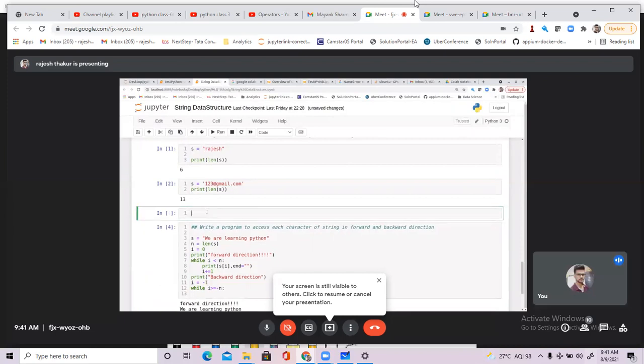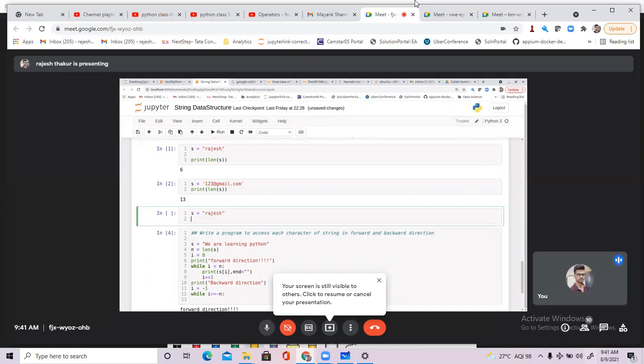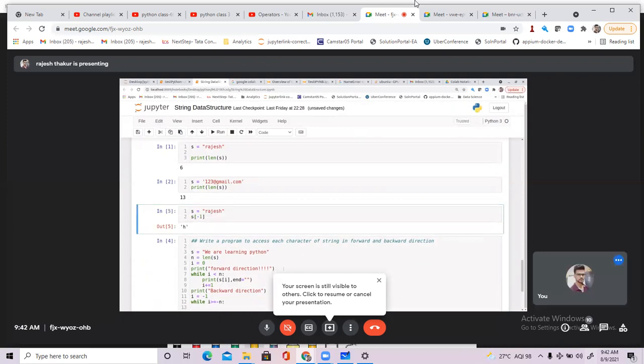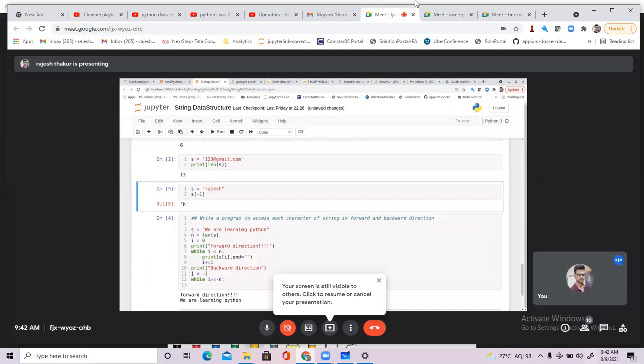So how does it work? Let's suppose we have a string s is equal to Rajesh. If you want to print h, how can we print this? s of -1, right? So it will print h. So we have to start from the last. The h index is -1, s index is -2, e index is -3. Like this, it will flow.